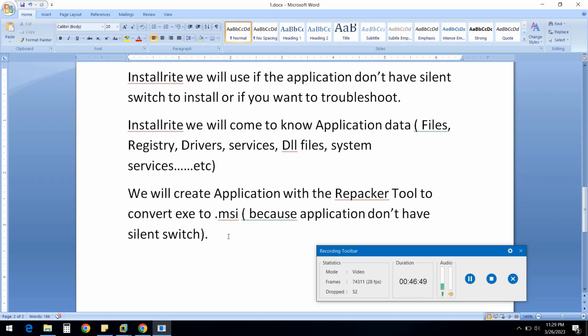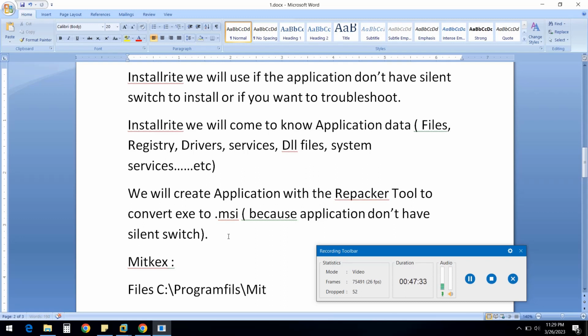So let me make a note here. If you have observed InstallRite on the Mitex application, my suggestion, not exactly a best practice, is to just open a notepad while you are doing any application package installation. The best practice is to open Notepad and make a note so that you don't forget. So I just opened the Mitex and I am making a note. It is creating files, right? And it is creating files under C program files,